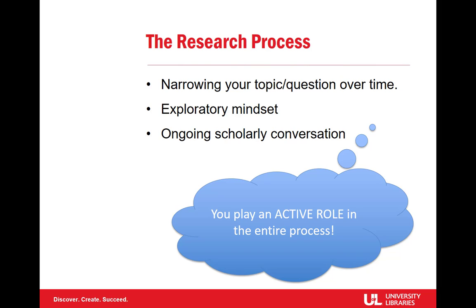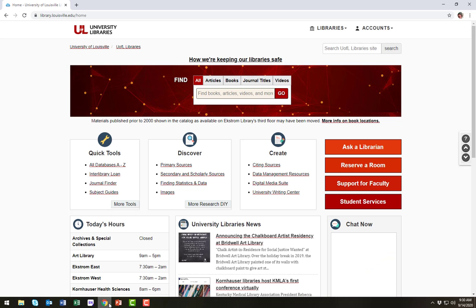So how do we actually go about exploring the scholarly conversation? This is where library databases come in. Our library subscribes to approximately 200 databases that provide access to a wide range of peer-reviewed journal articles and other sources such as newspaper and magazine articles. These databases are different from Google and Google Scholar because they provide full-text access, meaning entire articles, to very expensive sources that are not freely available online.